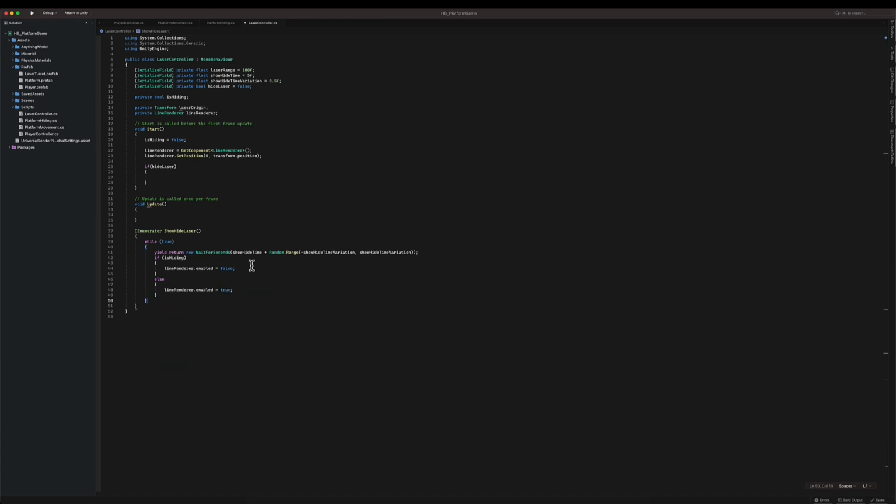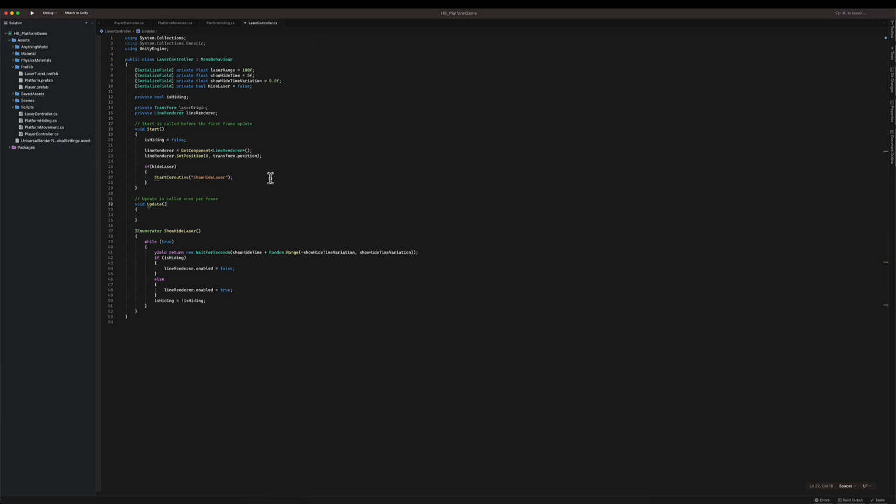Different from what I did on the platform, where I had to disable the renderer and the collider, for the laser I just need to disable the line renderer because I want the turret to keep showing. And here I switch back and forth the is hiding flag. Okay. So if I'm hiding the laser, start coroutine